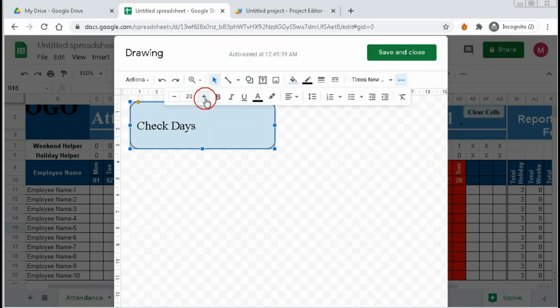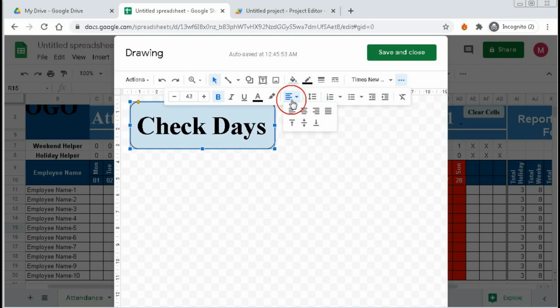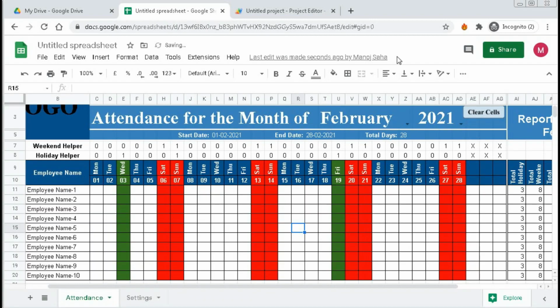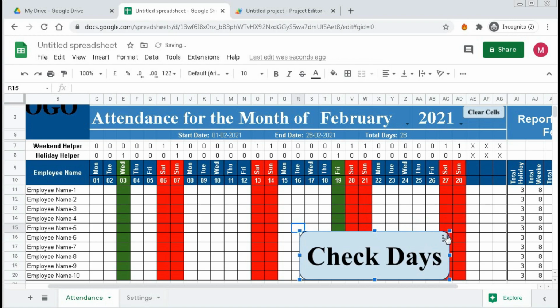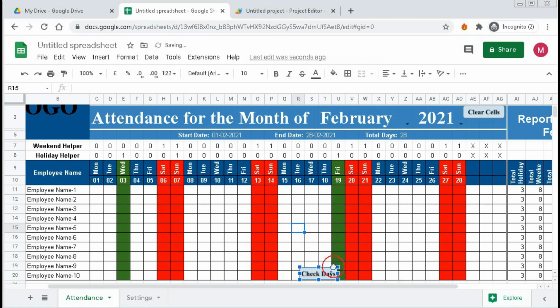Increase the font size. Make it bold. Make it center. Save and close. And decrease the size and put it here.